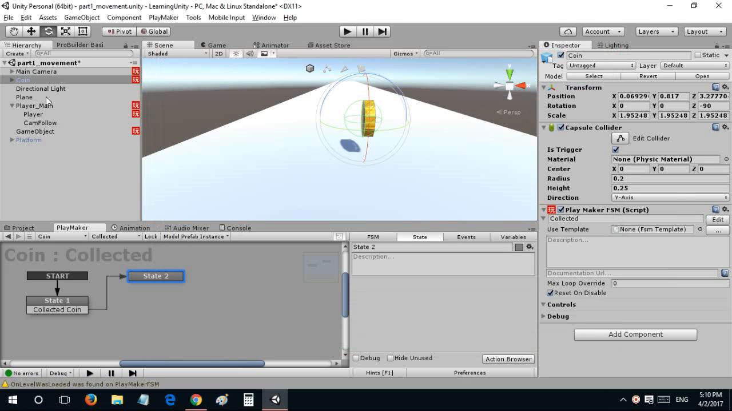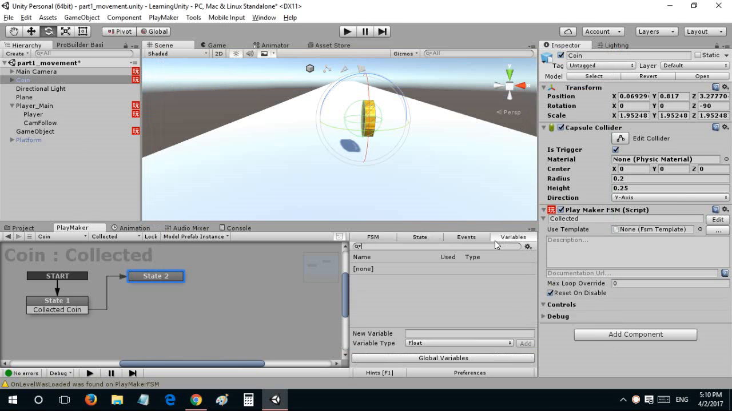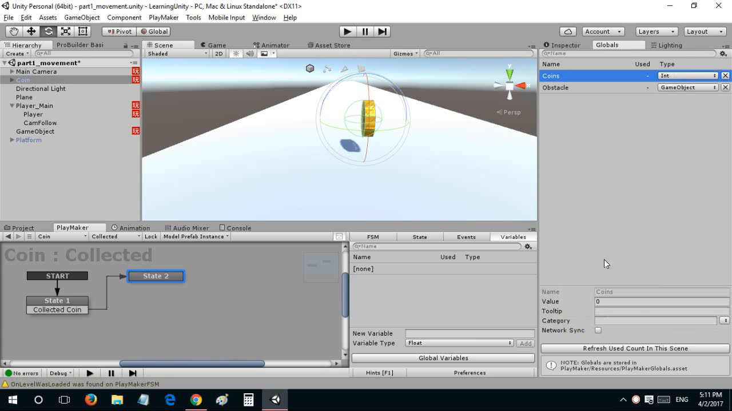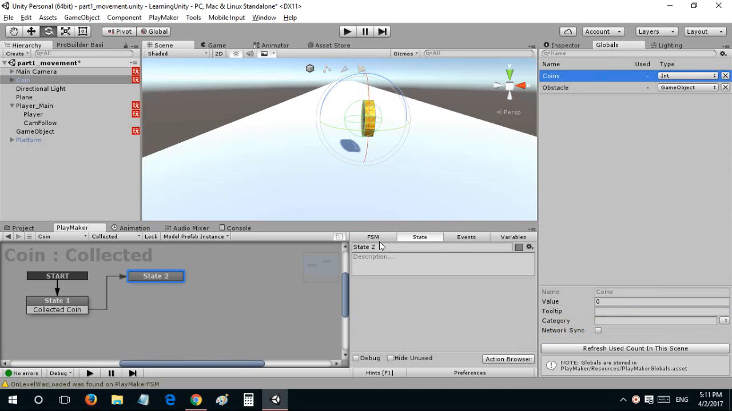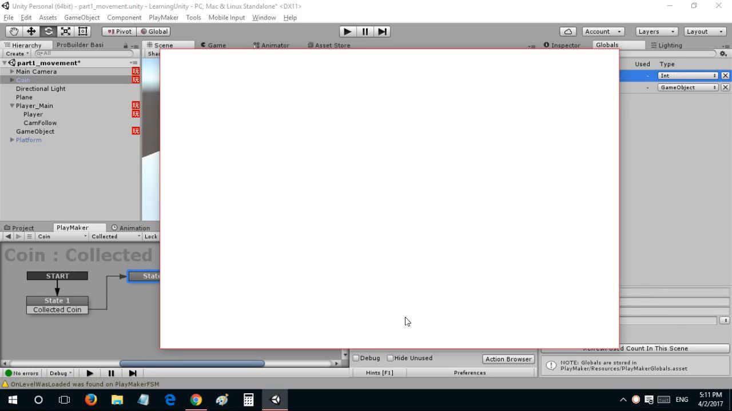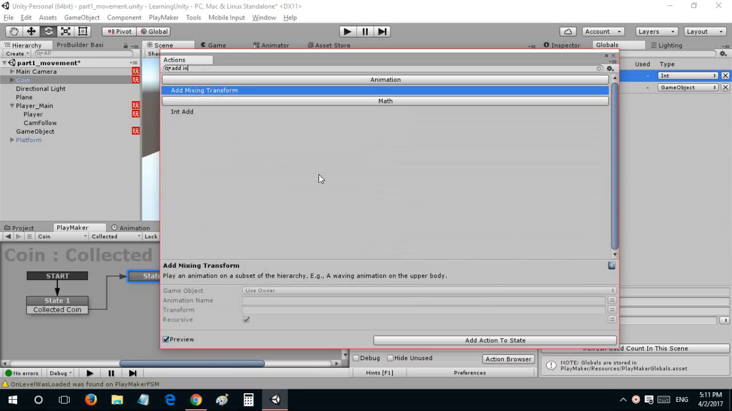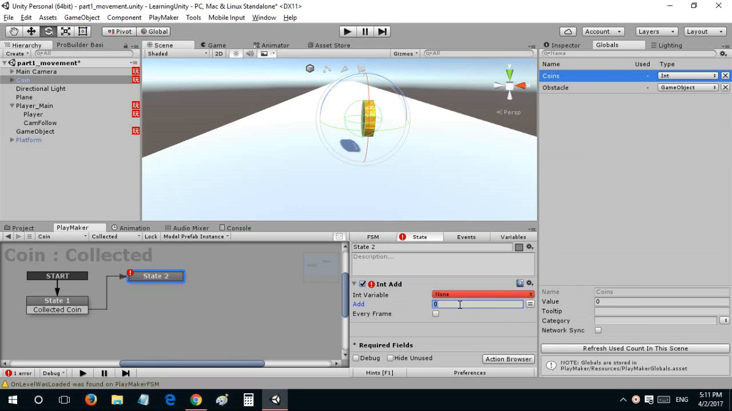where actually before we start everything, we'll just go to variables and open up global variables here, and I'll add a new variable which is going to be an integer, and it's going to be coins, so that we can actually count the coins collected by the player. So we'll just go to state 2 and then say add int, sorry, and I'll add 1 to global's coin,